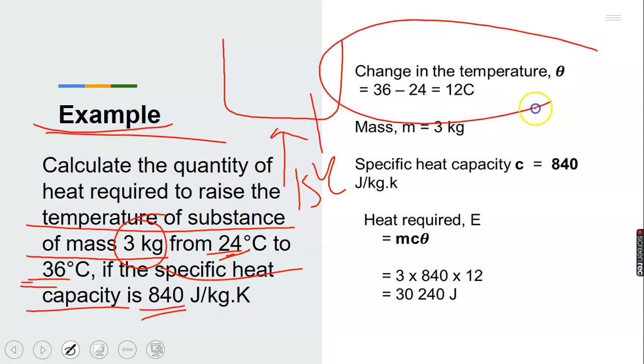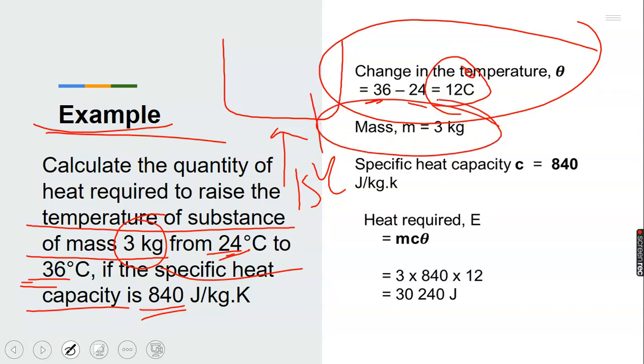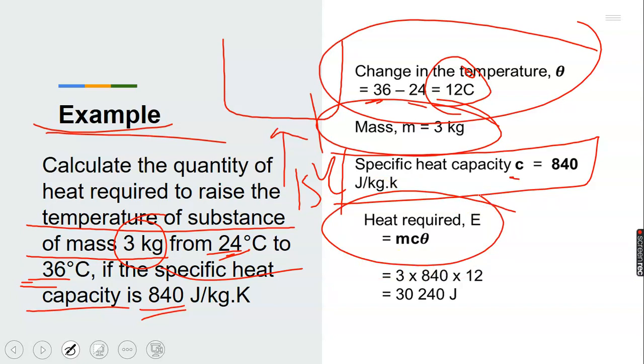That is what is happening here. Now, this is the change in temperature: 36 minus 24, which is what? 12 degrees Celsius. And the mass is equal to 3 kilograms. And we have been given the specific heat capacity, which is small letter c, as 840 joules per kilogram Kelvin. Now, using our formula, E equals mcθ. What is m? Our m is 3 kilograms. Then our c is 840. You will be given it, or you will have to calculate it from other parameters that will be given. And our change in temperature is 12. When you multiply together, you have